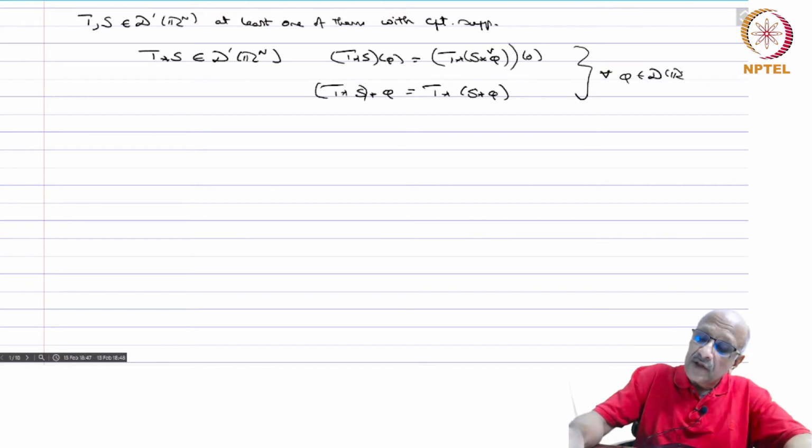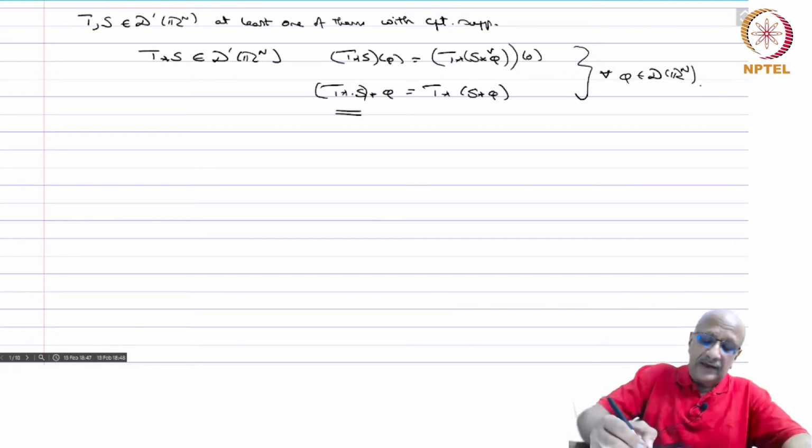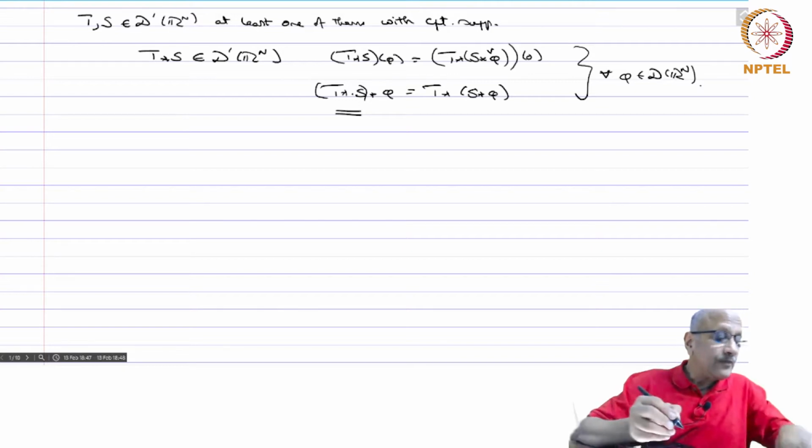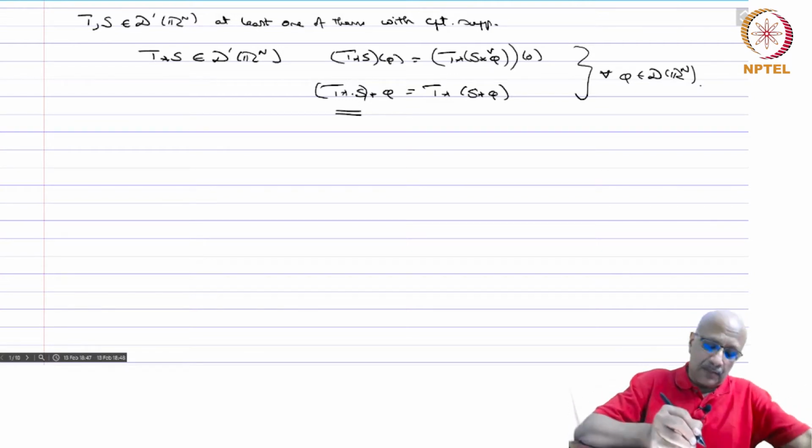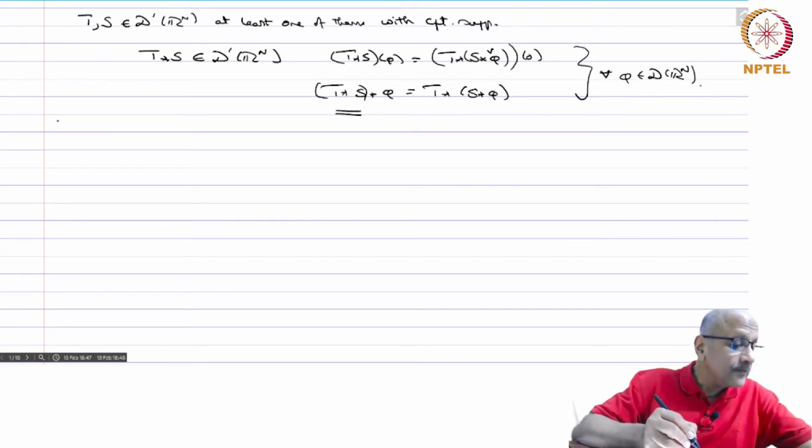So, either of these will characterize T star S. It is a unique one. So, now we want to show that this convolution has all the properties that functions enjoy, and therefore, we have